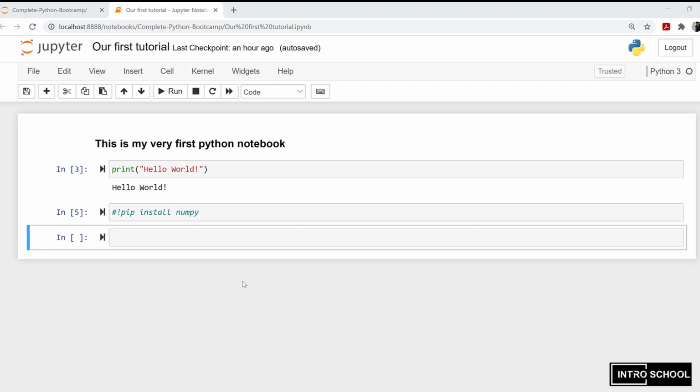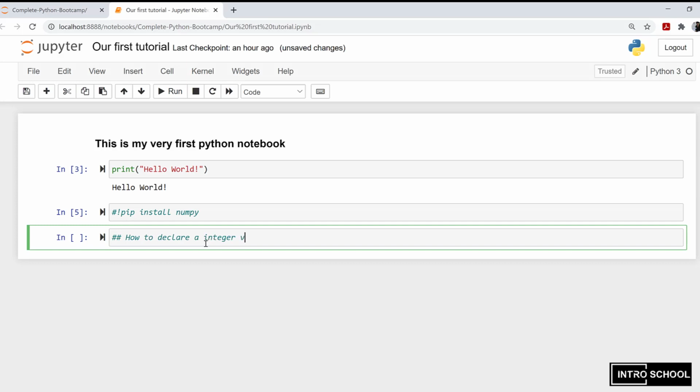So we have seen the theory. Now let's jump into the practical hands-on coding. So now we will declare a variable and we will see what are the differences between integer value, float value, and the strings. So first we will see, I will make a comment, how to declare a